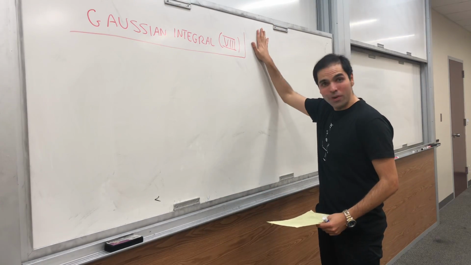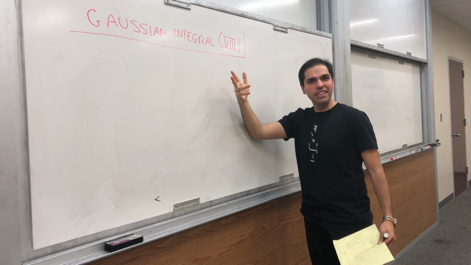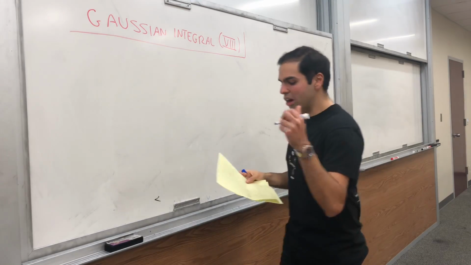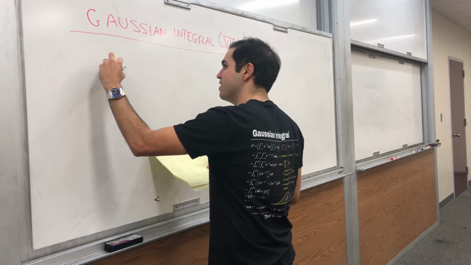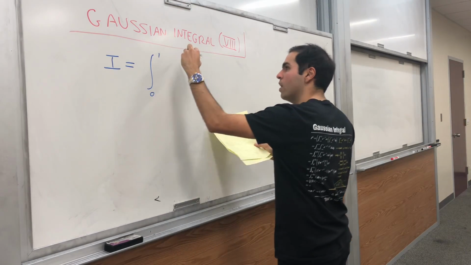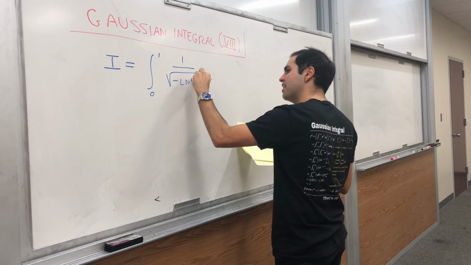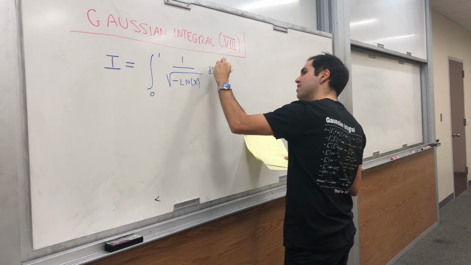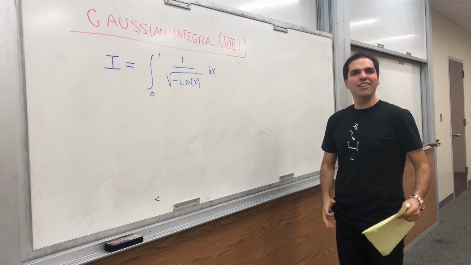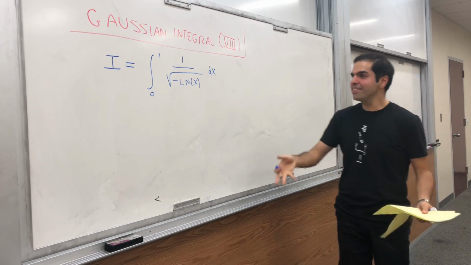It turns out that the integral Laplace was dealing with doesn't really look like the Gaussian integral at all. So consider now the following integral. I equals the integral from 0 to 1 of 1 over square root of minus ln of x dx. You may say, whoa, this doesn't look at all like the Gaussian integral,